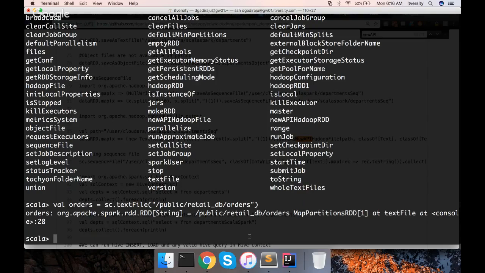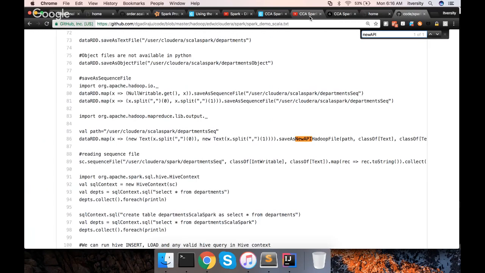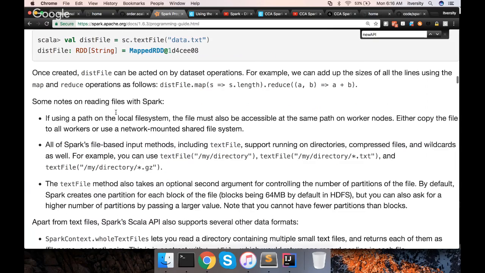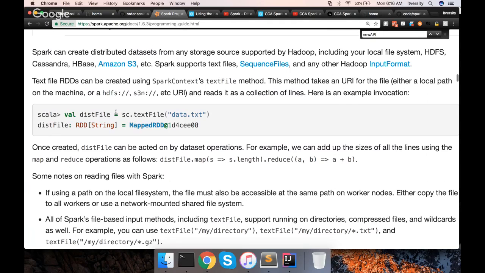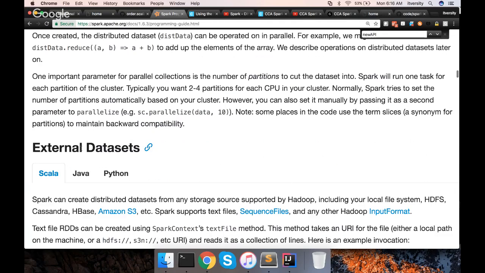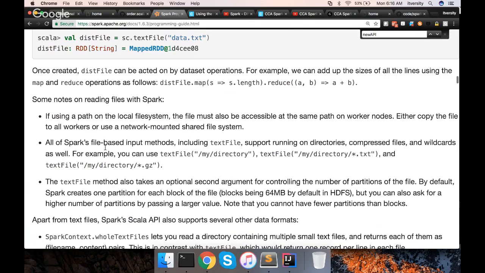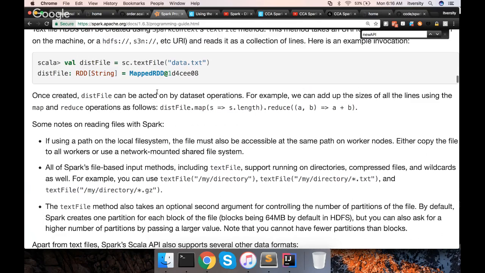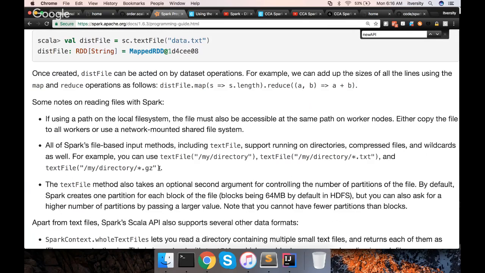Now let us see what sc.textFile is capable of. For that, I am going to the official Spark documentation, under the section external datasets. Here they are explaining sc.textFile.